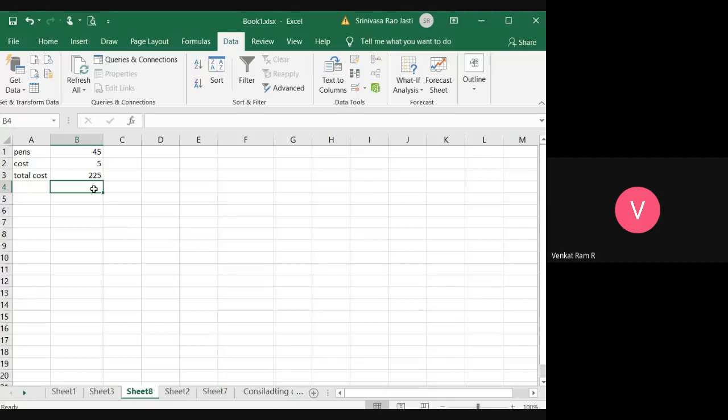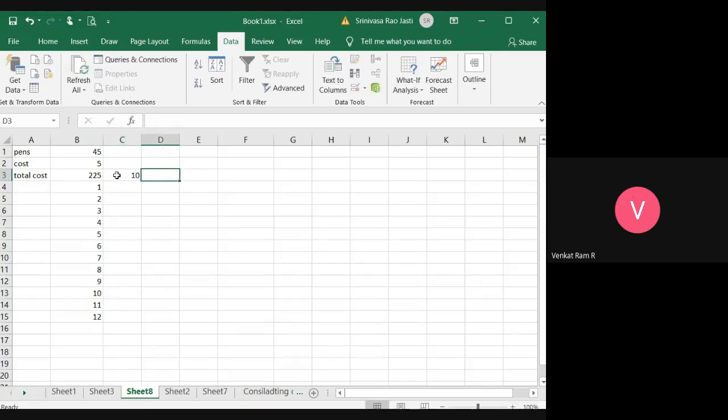So let me calculate. Vertically I am taking the cost of pen, sorry, the cost of pen, and here let me calculate how many pens I am going to get.